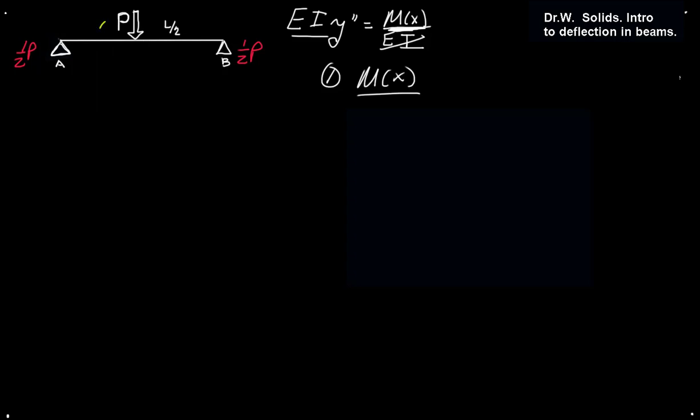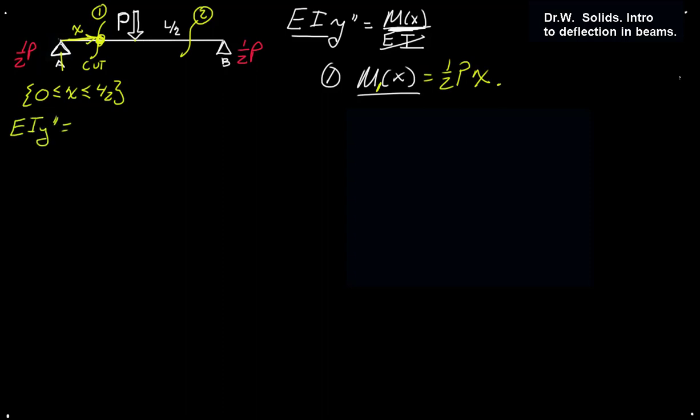And if we look at this, we have two regions, region 1 and then region 2. So what we'll do is we'll start with region 1, and if we come out here some distance x and make a cut here, these will be our cuts, right? We have 1/2 P acting up at a distance of x away, so the moment here would be 1/2 P x. So with that we can start. So for the region of 0 less than or equal to x, less than or equal to L on 2, which really is just domain 1 here, we can say that EI